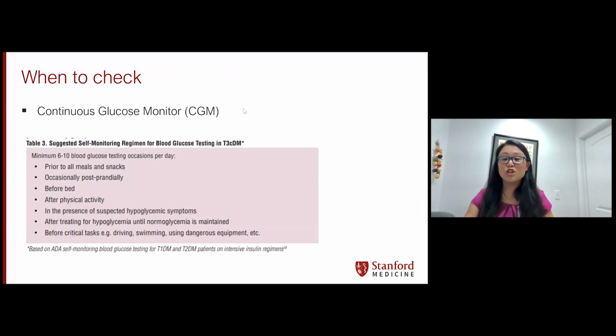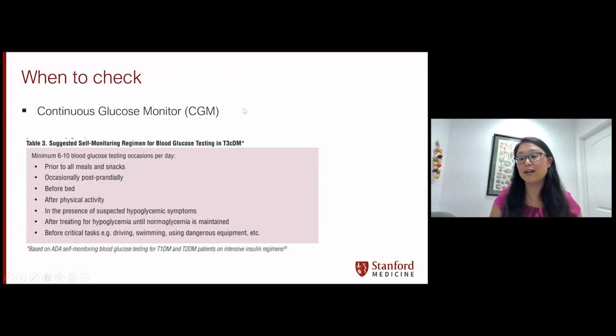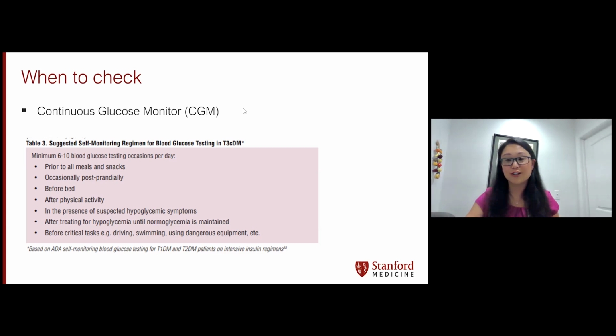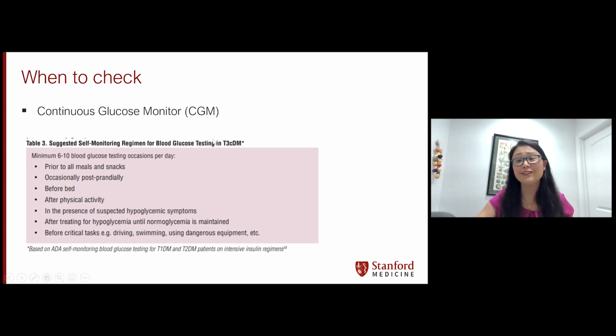So thinking about when to check, this is something that I wanted to highlight. I think if people can get on a continuous glucose monitor, and insurance will cover it, that is a great option because it does give you blood sugars, and it gives you trend lines. It can tell you, for example, maybe your blood sugar is 140, but maybe your blood sugar is 140 going down to 70, or maybe it's 140 going up to 260. So it can give you arrows and predictions that can also help with management. And it can really teach you about your body's digestion and how you're absorbing the foods that you eat and how it's affecting your blood sugars.